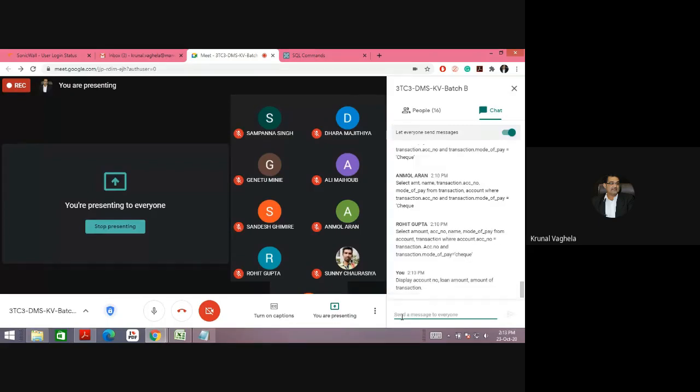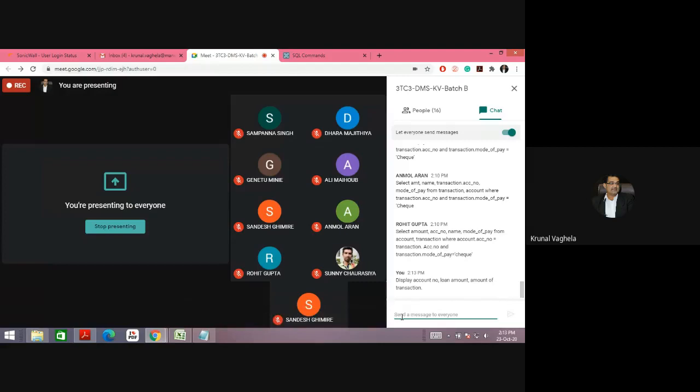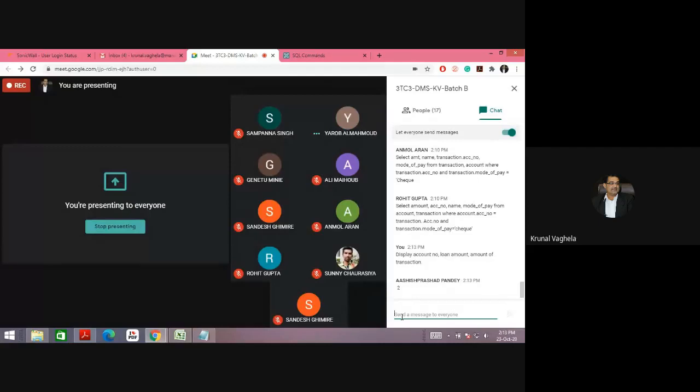So next is display account number, loan amount, and amount of transaction. Account number, loan amount, and amount of transaction. How many tables do you need? Two.